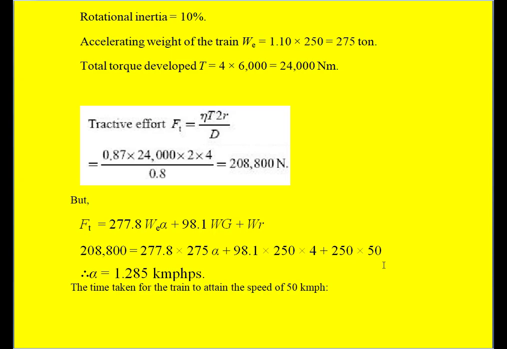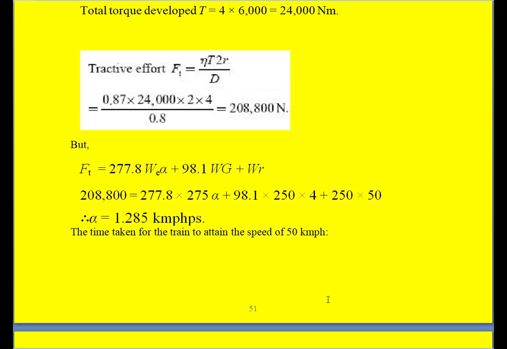W is 250 tons and the R is nothing but 50 newtons per ton. So we get this M into R value, or W into R value. From this we can get alpha, that is acceleration, equal to 1.285 kilometer per hour per second. Once we know the alpha and the maximum speed of the train,